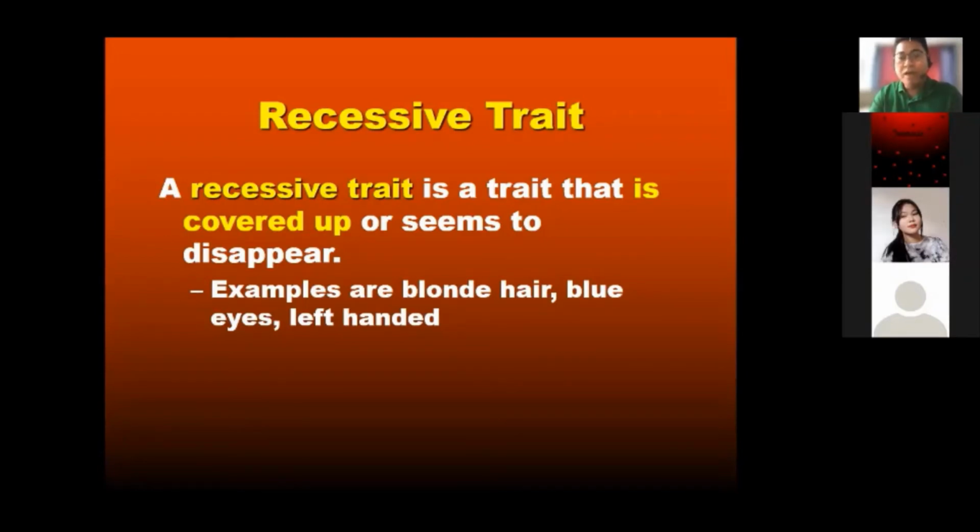Example, you have a Filipino woman and then yung husband niya is a British person. Ayan. So yung British na asawa niya is blonde and then has blue eyes, while the Filipina has black hair and brown eyes. Most of the time, 80 to 90% ng magiging anak nila will have the trait of black hair and brown eyes.